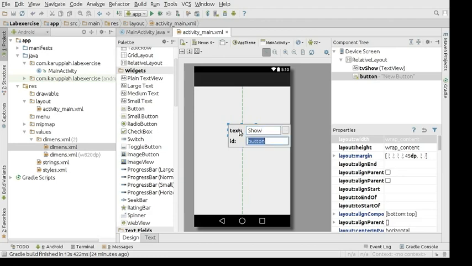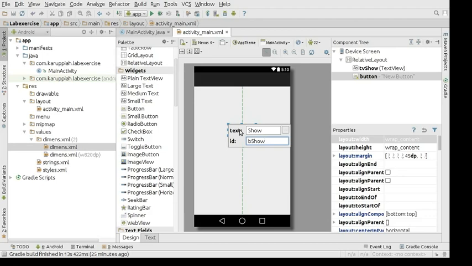And I'll say show. The convention or the notation for button ID naming is basically B, which is short for button, and then you can say show. I'm basically using camel case, where the first word starts with a small letter, and for every word which comes next, you have to start with a capital letter.